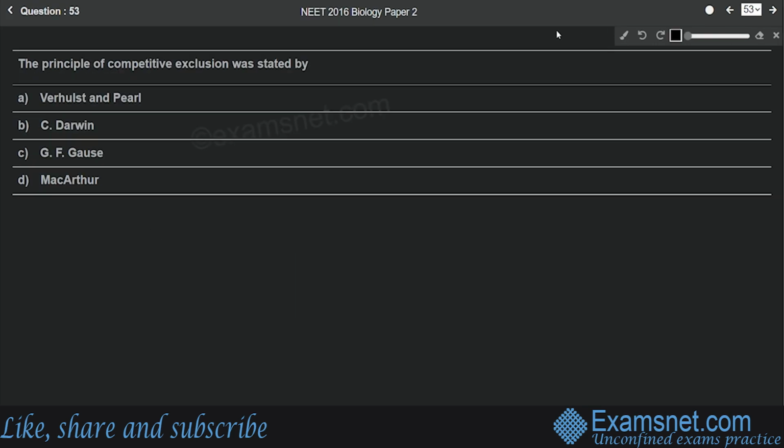Question number 53 is from the chapter Organisms and Population, and the question is: the principle of competitive exclusion was stated by. Options are Verhulst and Pearl, C. Darwin, G.F. Gause and MacArthur. So the correct answer is option C, that is G.F. Gause. So it was Gause who gave the principle of competitive exclusion, and in that he stated that no two species